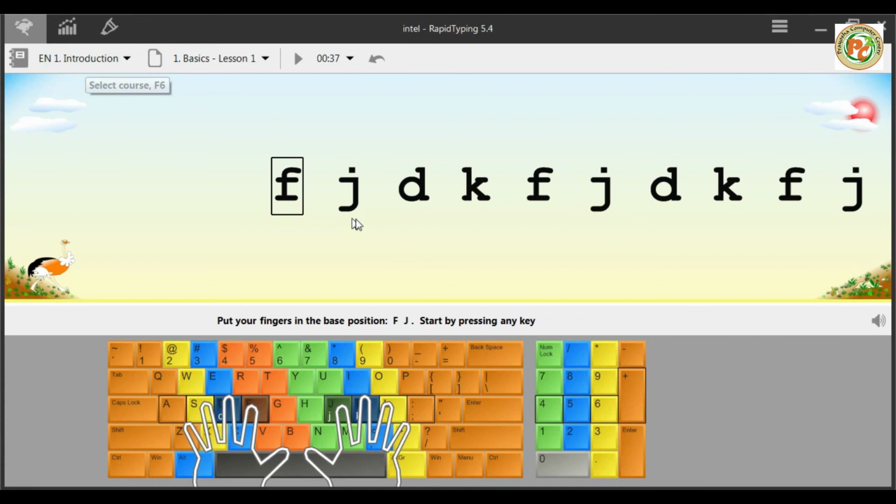So always focus on the introduction, do the typing ASDF JKL, okay, and put your fingers on that every day. Minimum 30 to 40 minutes you have to do typing without looking at the keyboard. And if you do so, you can easily get the idea how to type the particular characters. So I told you which finger covers which key, okay, and how to delete. So we have the backspace key and delete key on the keyboard, so using the fingers we can do the same task. Okay students, so I hope you understood how to use this software.